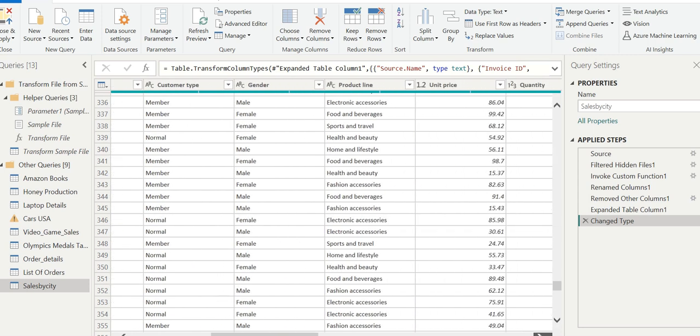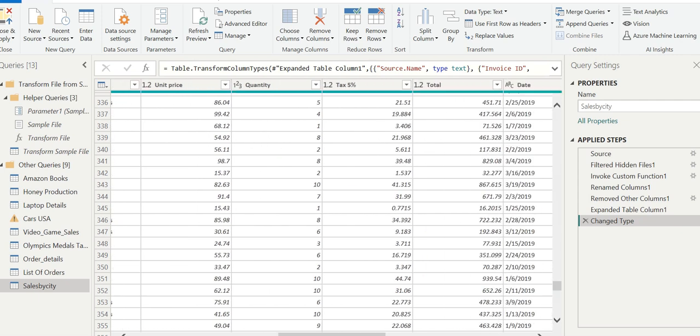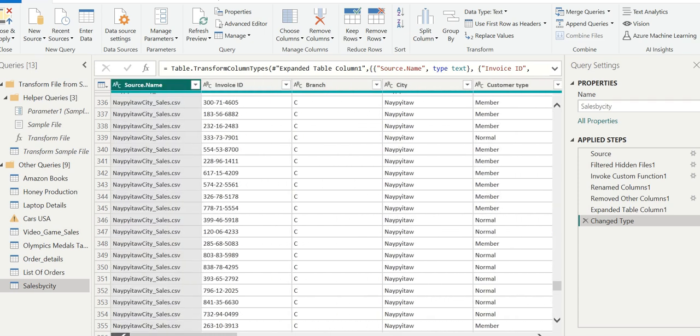So guys, if we are checking here and if we are able to count, you can count, a new column has been added. Previously there were 17 columns, but now there are 18 columns. One new column, Source.Name, has been added here. More precisely, it's the name of the file from where the row comes.